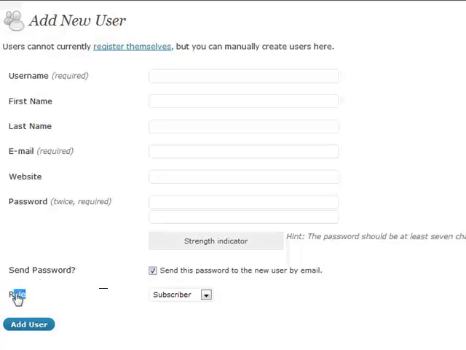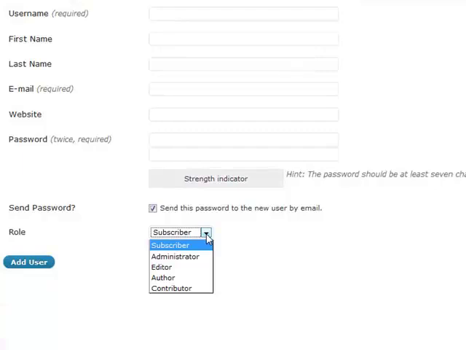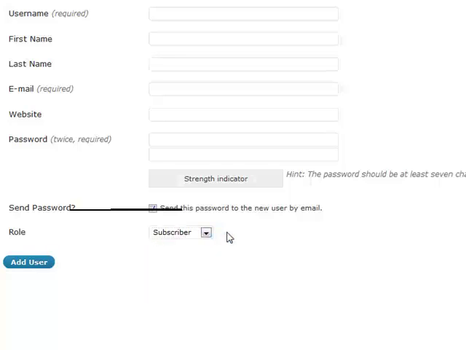And down here is probably the most important part of it, and that's the role. Whenever you're adding a user, you want to be able to set the role to whatever they are going to be. There are 5 different roles available: subscriber, administrator, editor, author, and contributor. And what you choose depends on what they're going to be able to do. A subscriber and a contributor are only going to be able to do very, very limited things. A subscriber can only comment and read. A contributor is only going to be able to edit current posts and delete unpublished posts and very, very basic things. Basically, he's going to be able to help maintain some of the content